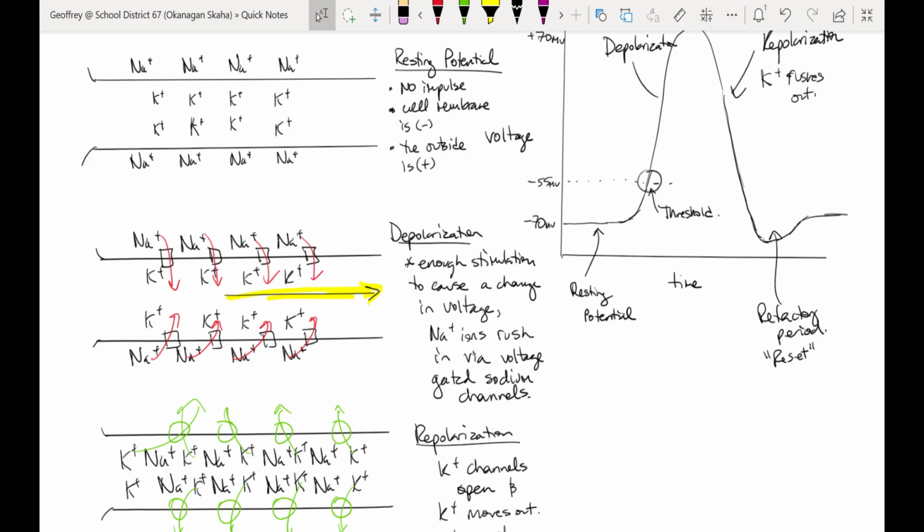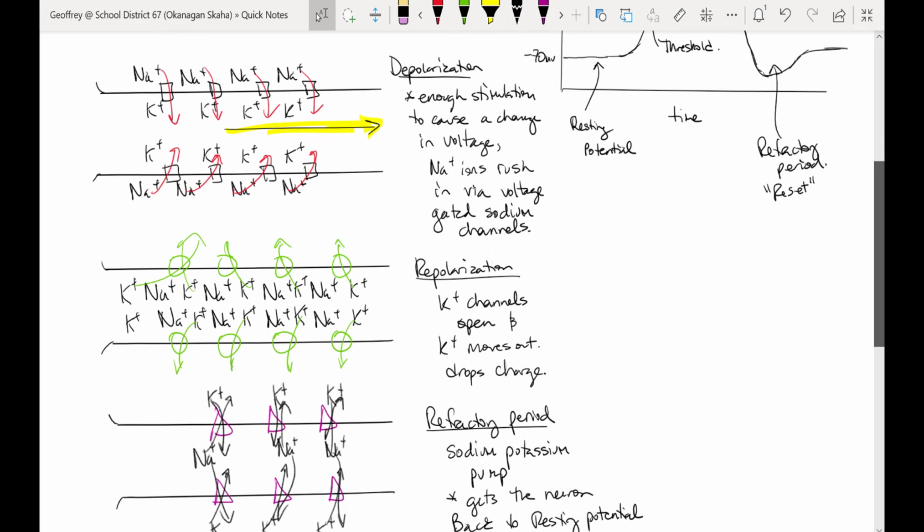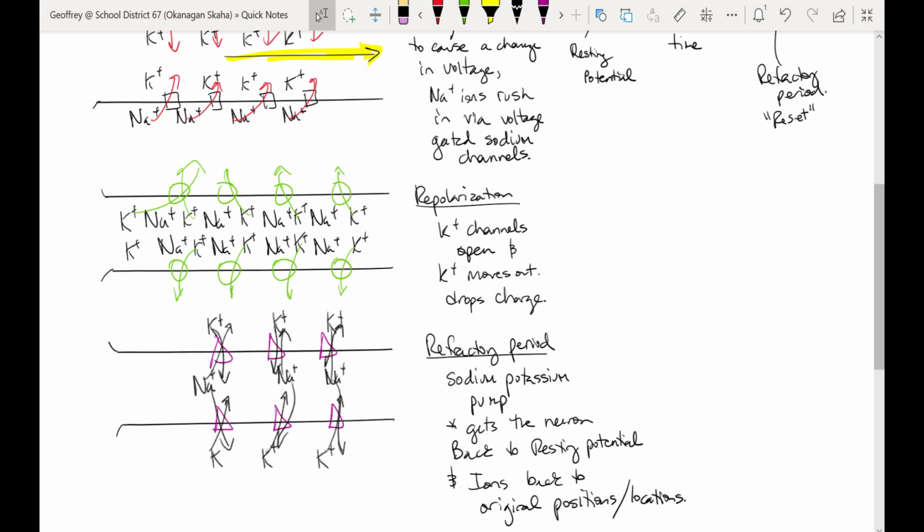And so sodium ions rush in via voltage-gated sodium channels, and then this more sodium causes this change in voltage potential, continues to push other sodium channels to open, and it just rushes down the neuron. Now, to get back to where it was, we get potassium channels opening during repolarization, and potassium heads out of the cell, and it drops that voltage. And then it overshoots just a little bit because those potassium channels don't close as quickly, and then we get our refractory period,